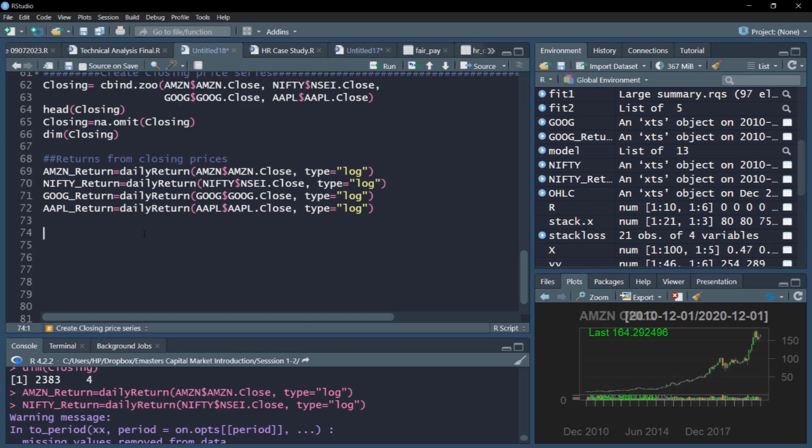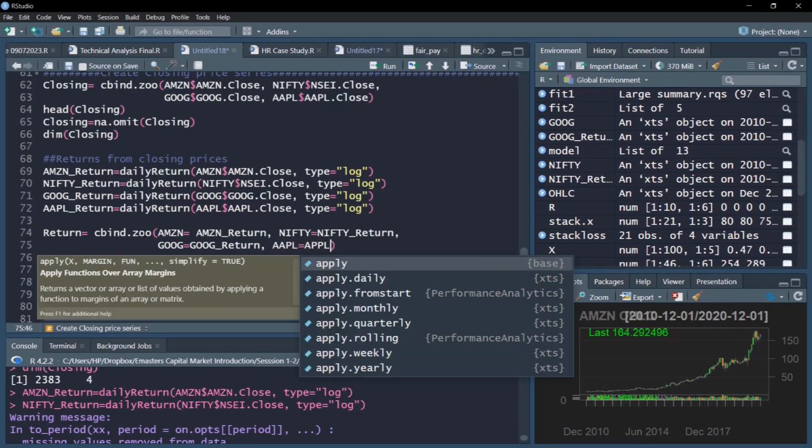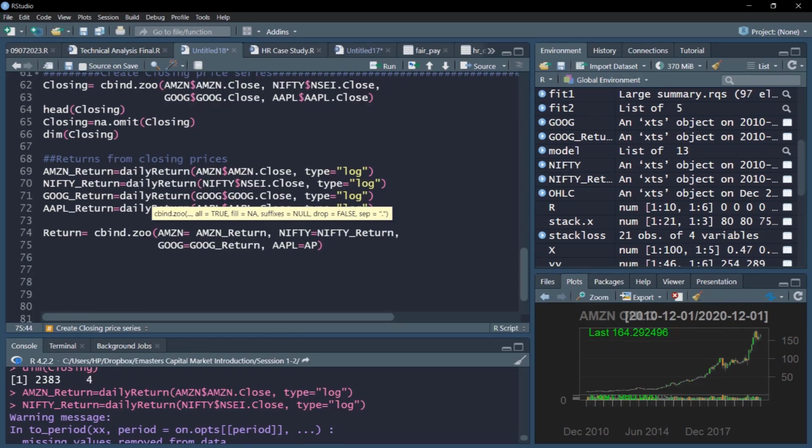The next step is to bind all the series to create a consolidated return series by using this cbind.zoo command, and here I'll bind Amazon return, then I'll use Nifty return, then Google return and Apple return. So this will be our return series.